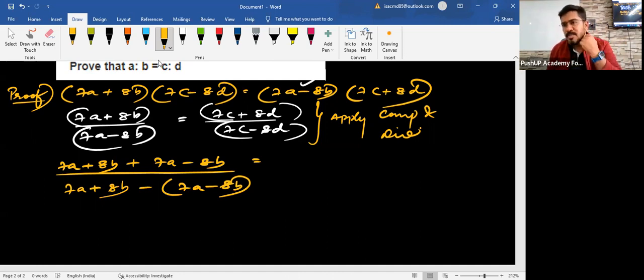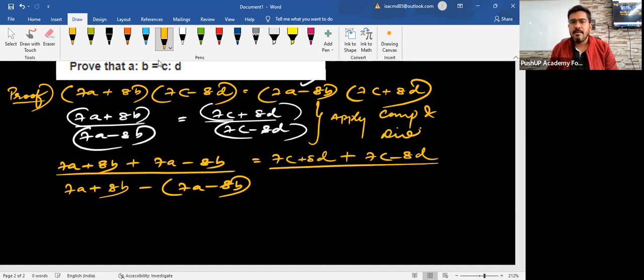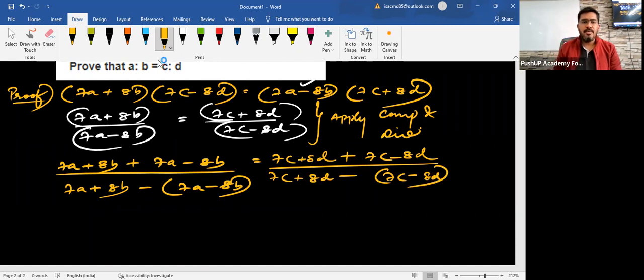Some students make this mistake. I have noticed it. They will apply componendo and dividendo only on the left hand side, but they will forget to apply it on the right hand side and they will mess it up. Okay, don't make such mistakes. So (7C + 8D) plus (7C - 8D) divided by (7C + 8D) minus of (7C - 8D). Now you can eliminate the terms. You get